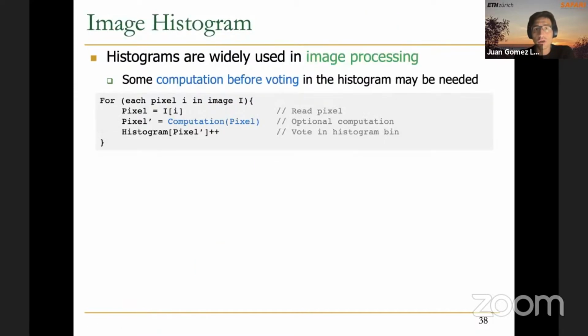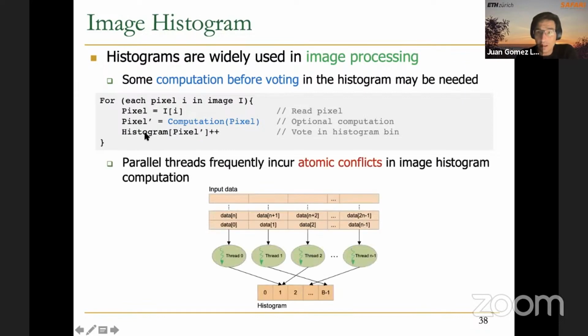Now, let's continue talking about the histogram. As I said, we are going to use image histogram today as a running example, because histograms are very much used in image processing. It might be possible that it's not only reading one pixel, examining the pixel, and then voting in the corresponding bin. There might also be some optional computation. As you can see, we would be calculating a new value related to the pixel and then updating the corresponding bin of the histogram. But as you know, in the generation of this histogram we need to use atomic operations because